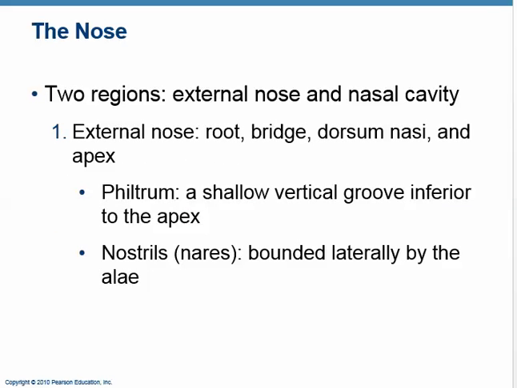So what you tend to think of as the nose, the proboscis, is the external nose, the nasal cavities. The external nose has a root, a bridge, the dorsum nasi, and an apex. The two little grooves that go from your nostrils down to your upper lip, the groove is called the philtrum, but the two little ridges are the edges of the philtrum,